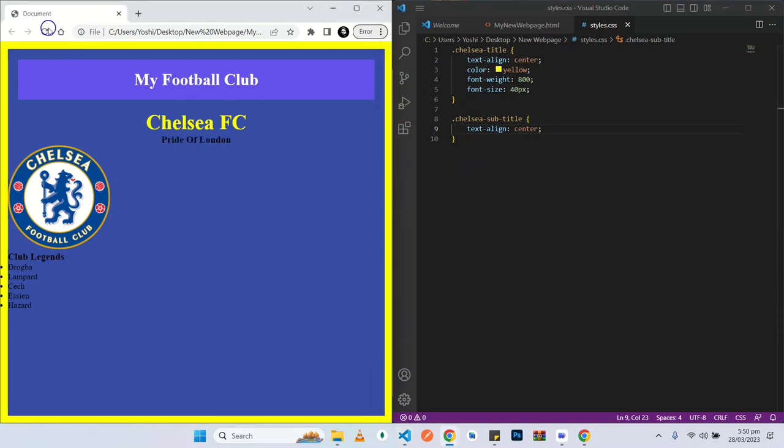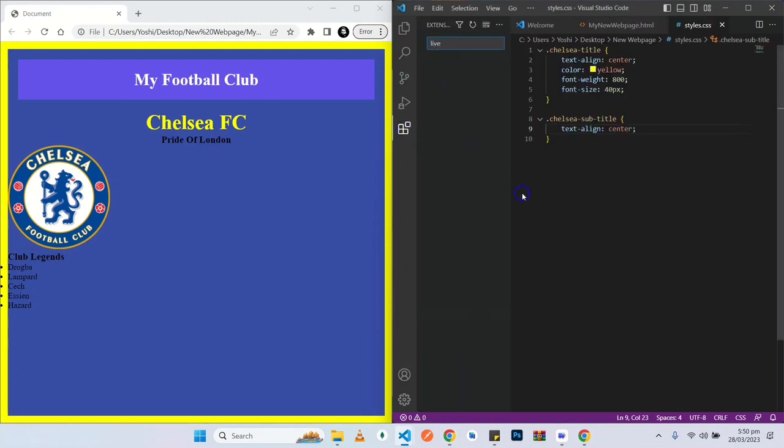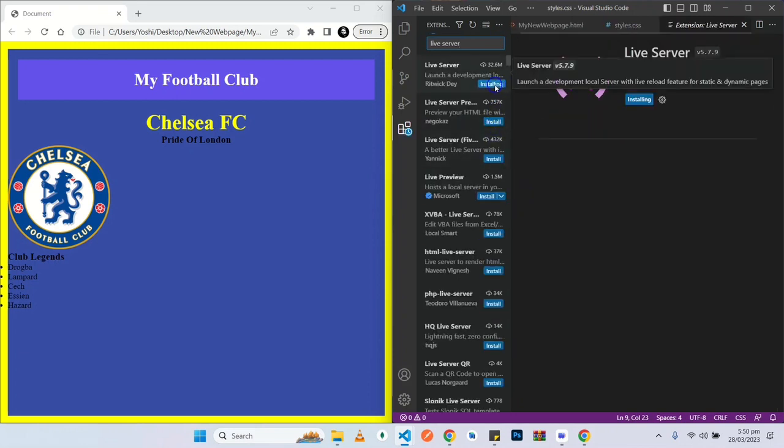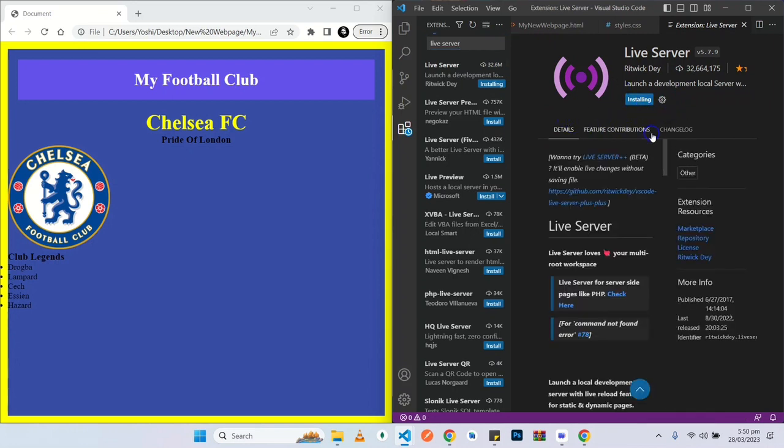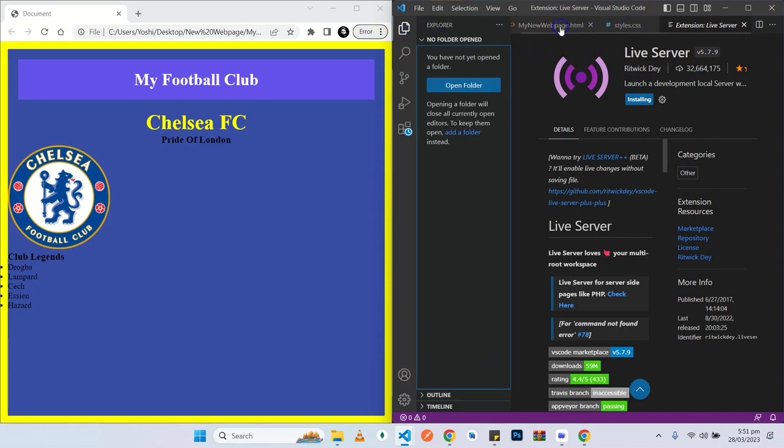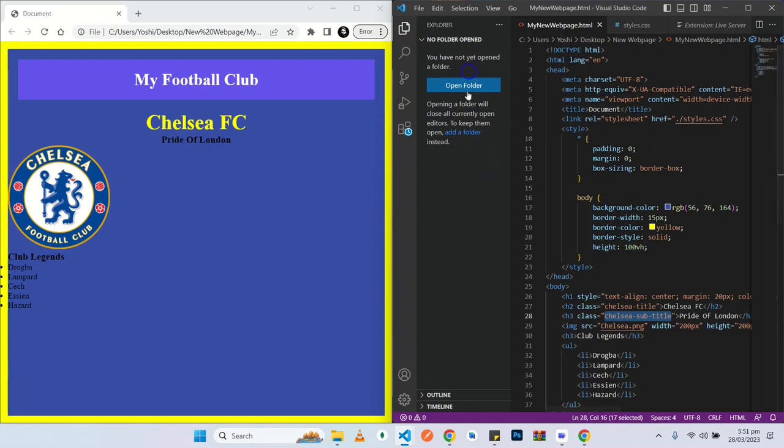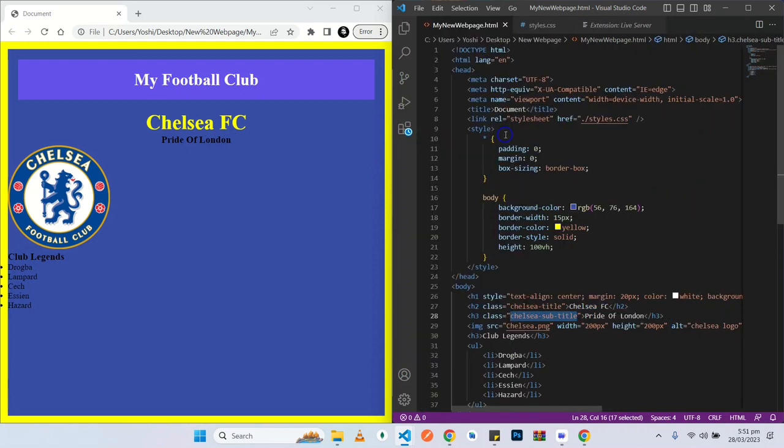So the problem with the refreshing all the time could be solved by getting a live server. To do that, I think you could just go to our extensions tab here and just type live server. And you could just install it. So it's installing. If you want your changes to reflect as you code, then you could just install this live server, right? So since it's installed, let's go back to doing our work. To remove this right here, you could just press Ctrl B and we just continue with our